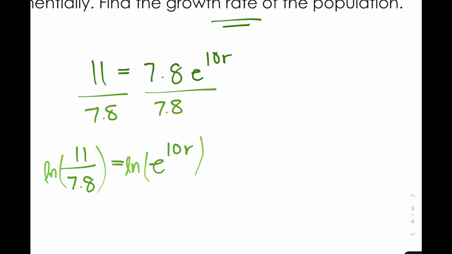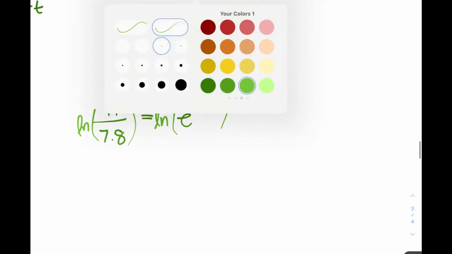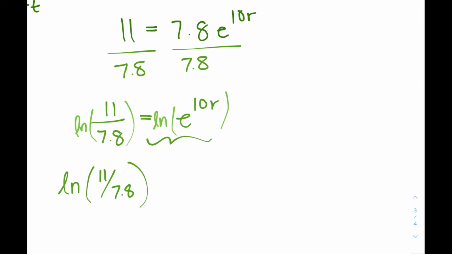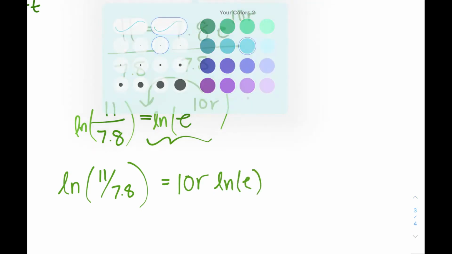Okay, you don't have to use natural log here, but it is so incredibly easier to use natural log, and we'll see why in a second, because we've got natural log of 11 over 7.8. Well, now that this term has a log on it, we can use the power property to bring the exponent down. So we bring that exponent down, we've got 10r natural log of e, and here's where it becomes helpful,